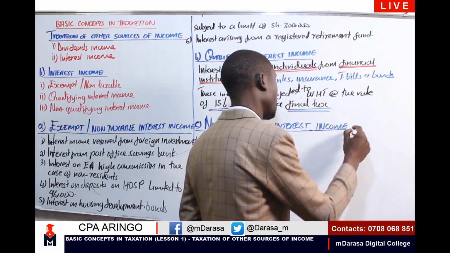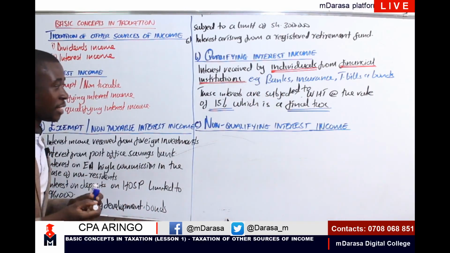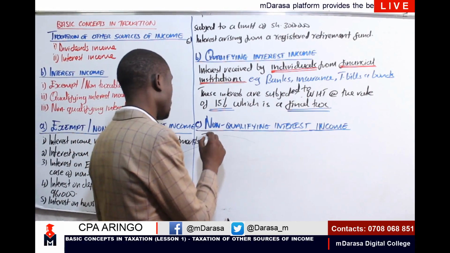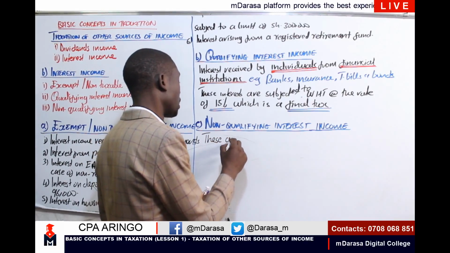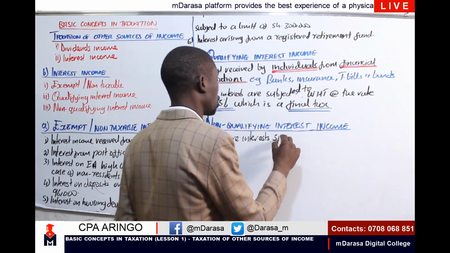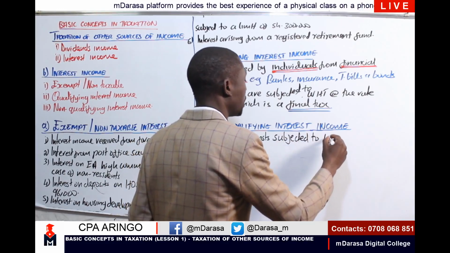So once we have this, what should you understand? We normally tend to say that these are interests subjected to withholding tax,